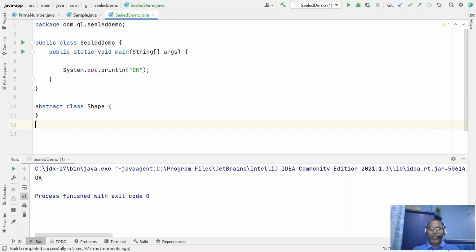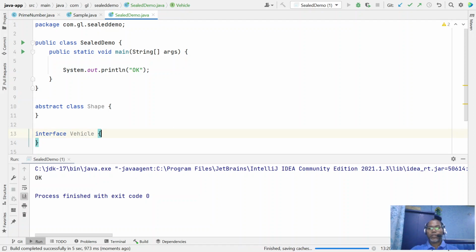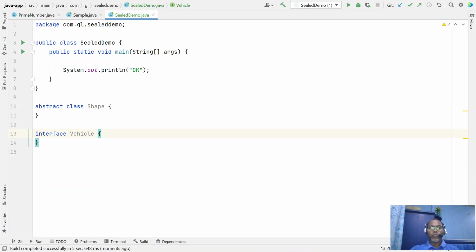Or you can write any interface like Vehicle. This interface also doesn't have any implementation, but still our code compiles and runs successfully. There is no kind of restriction, and this is very flexible.